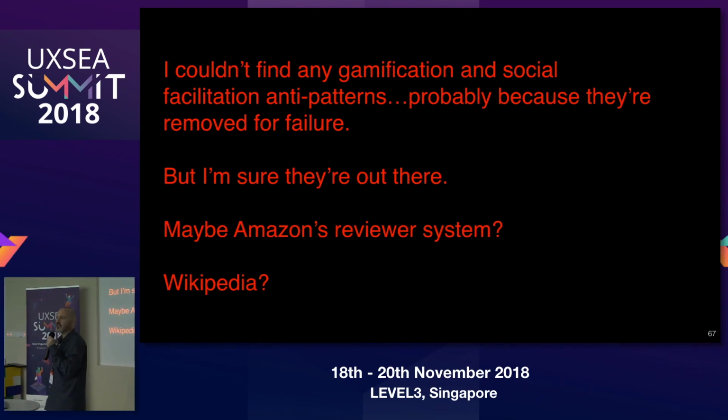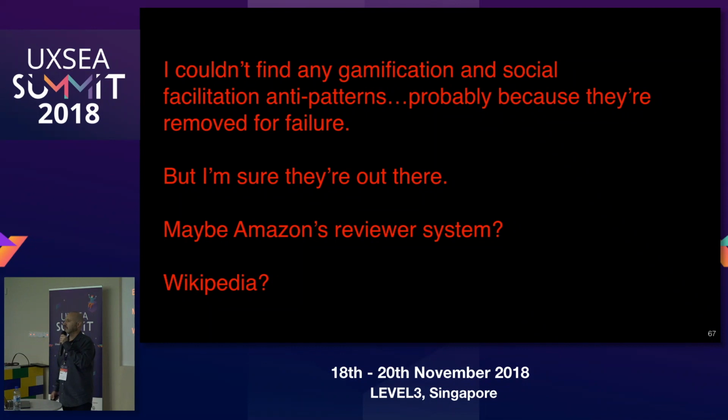Does anyone have any examples of a poor gamification or social facilitation onboarding pattern that we all want to look at? Yeah. So I did suggest some examples. Have any of you ever edited a Wikipedia article? You have. Okay, there's one. Anybody else? How fast did your edit get erased? Same day. Me too. So the issue there is that it's